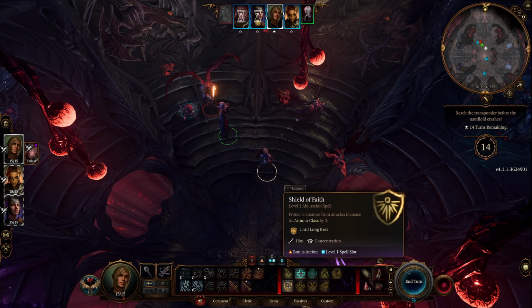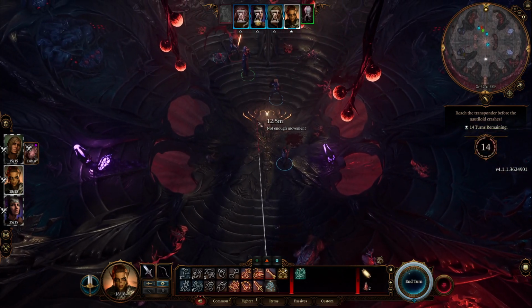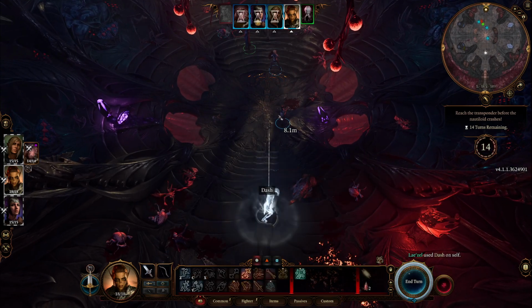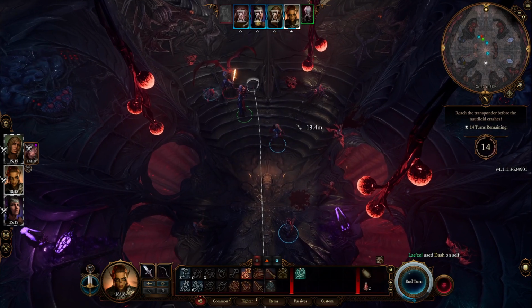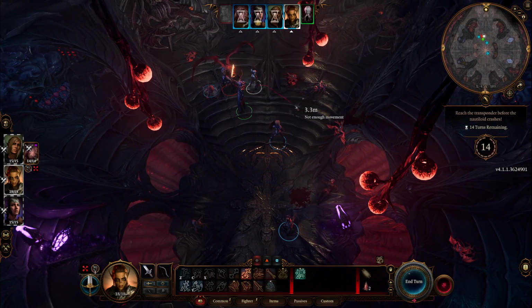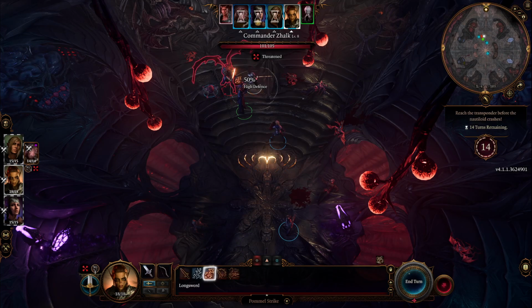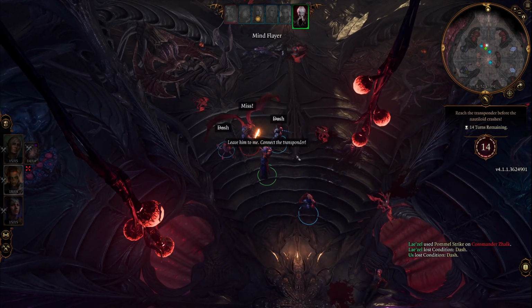He hasn't got hurt yet, so I'm not going to do anything. And he's already got the thing on him. We're going to dash Lae'zel here. Get her up here. And pick up her sword later. Let's switch to that. And let's see if we can do that. We cannot. Okay.